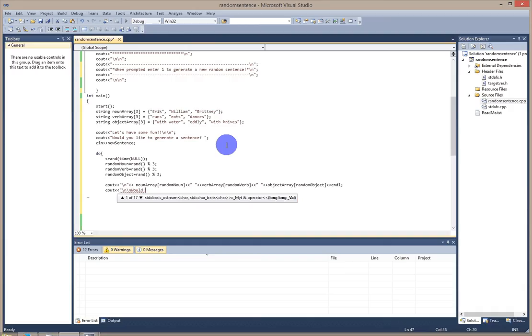Would you like to fire off a new sentence? Space at the end, again, because you don't want the one stacked on top of whatever option they select. And then we're going to cin new sentence again. Yes, that was the variable new sentence. Okay. And then we got our do. So let's not forget about our do. We're going to be doing a do while, and we want it to be while new sentence